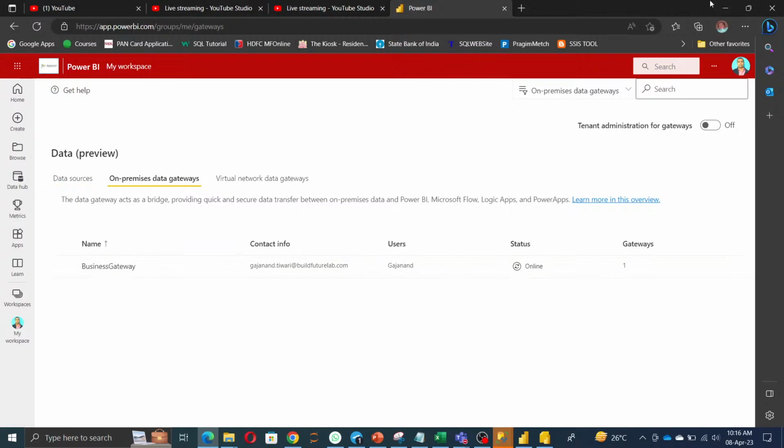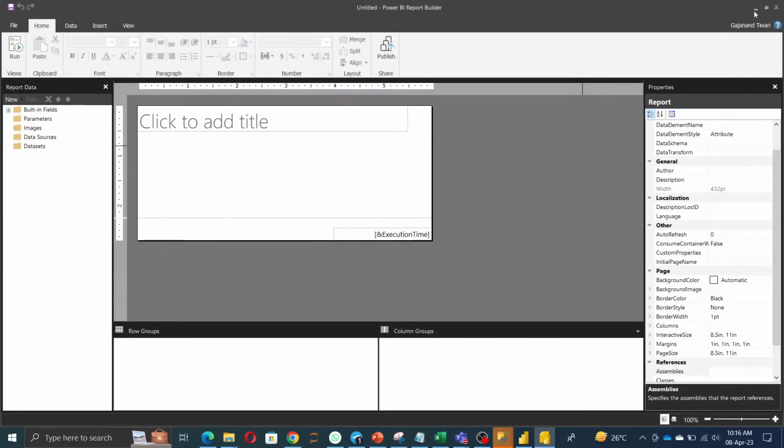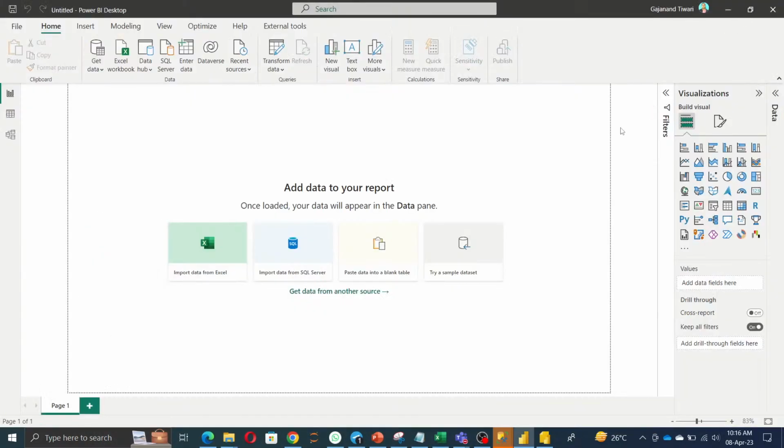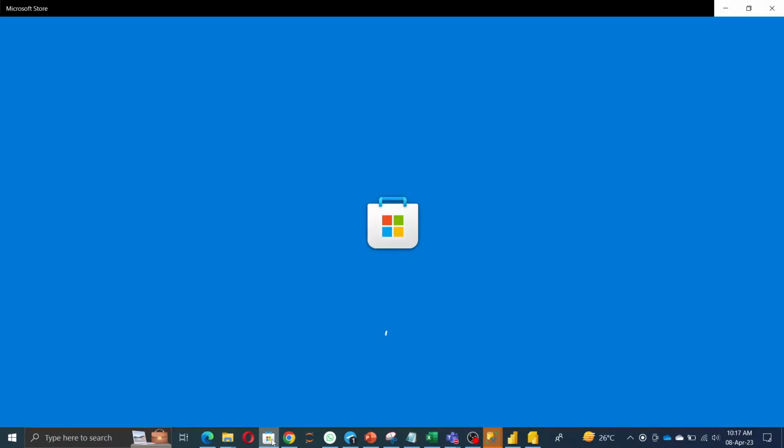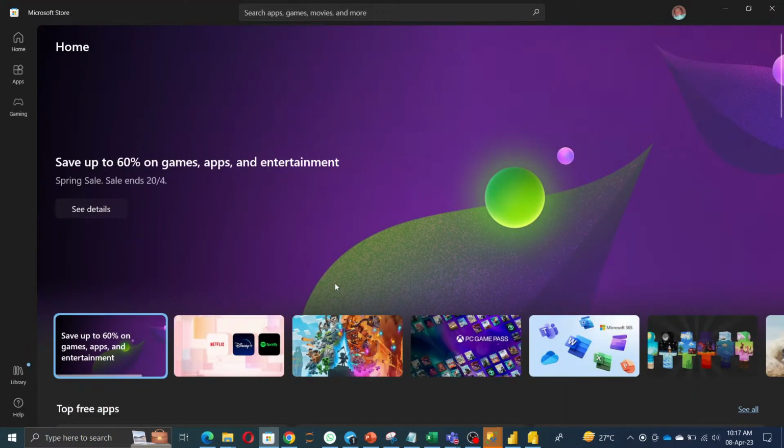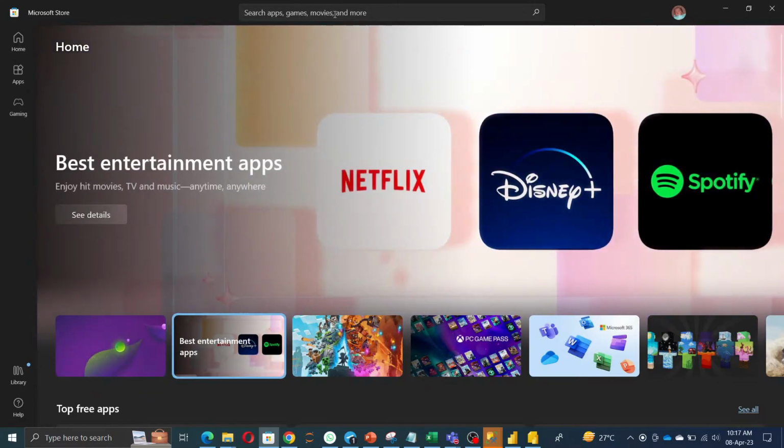Okay. The next part is the installation process and licensing terms. For the installation process, you must go to the Microsoft Store. You don't have to go anywhere else, it's very easy. Instead of moving here and there on the website, go directly to the Microsoft Store. Here, type